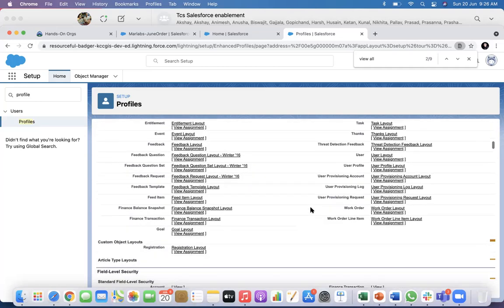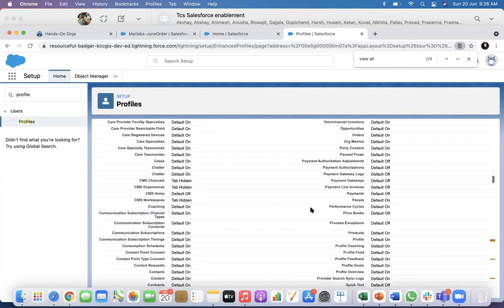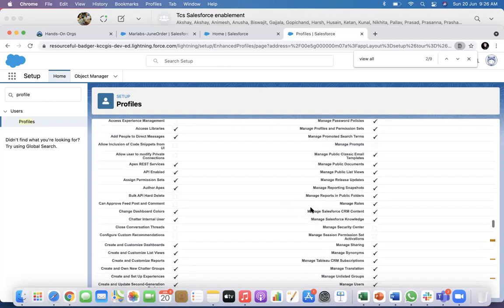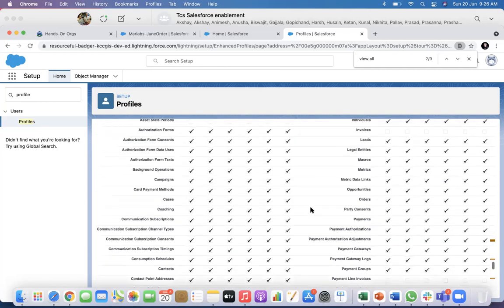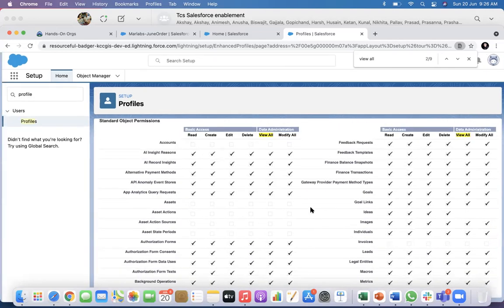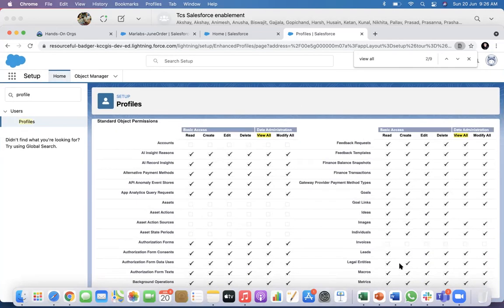That's it. There is nothing else. But real accesses are basically here. Whatever you are seeing in this list, it is actually the permission that will happen. So you concentrate on this part, then you will be clear. Modify all is just a select all, that is an easy way of granting access. That's it. That is not a separate access. All access are here. That's it.